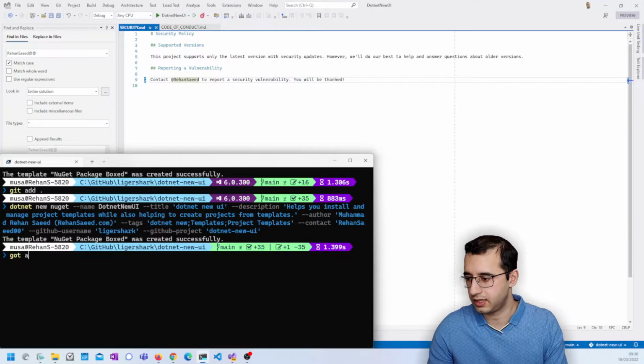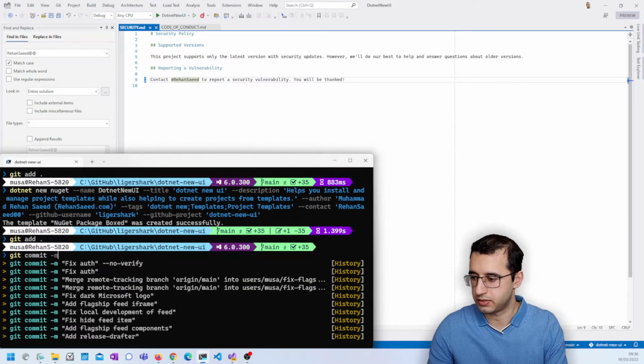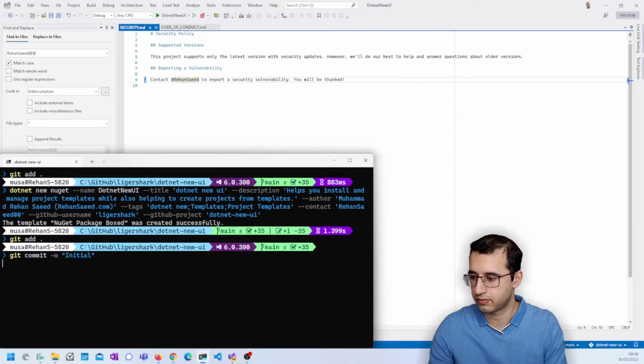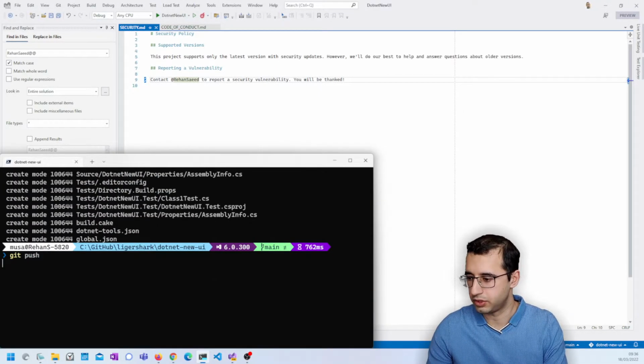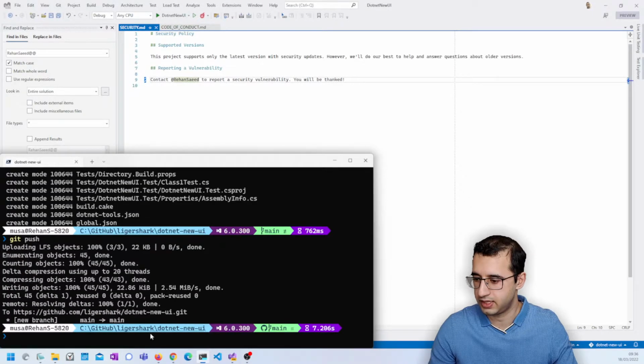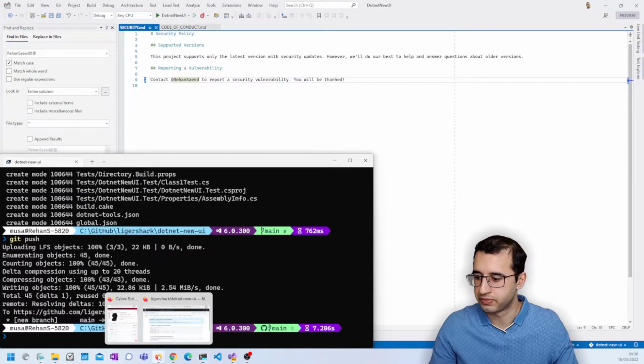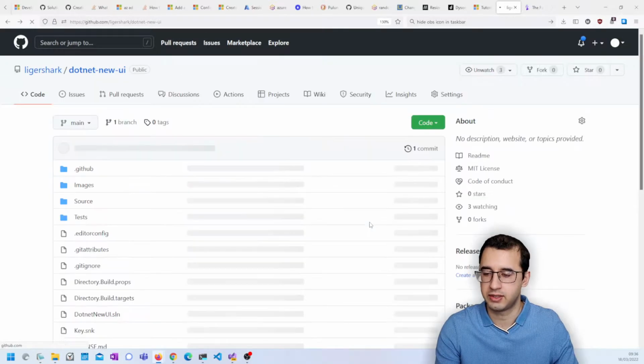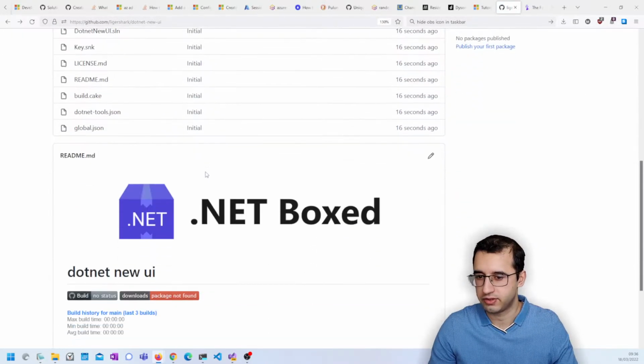So git add, git commit -m, git push. Do I have push rights to this repo? And it turns out I do. Okay, cool. So if we go back to the repo now, we'll see that we have our nice